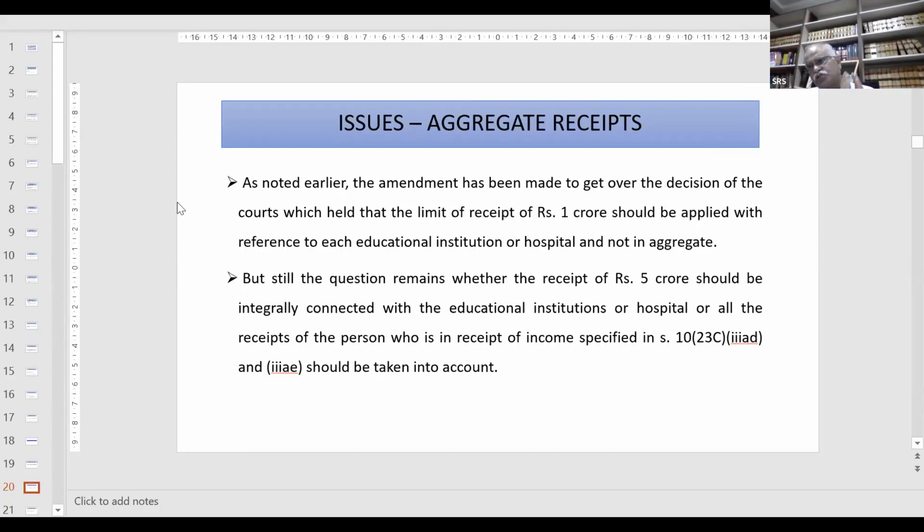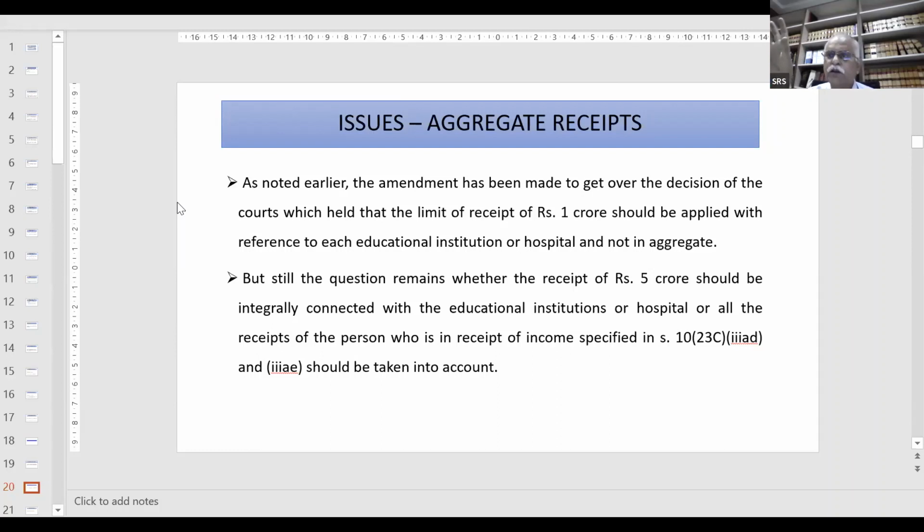But the trust also generally receives donations from the public or from other parties which are not specifically meant for education. So in this case, the question is whether that 5 crore limit is with reference to all the institutions, or is it with reference to all types of receipts, or only those receipts which are connected with